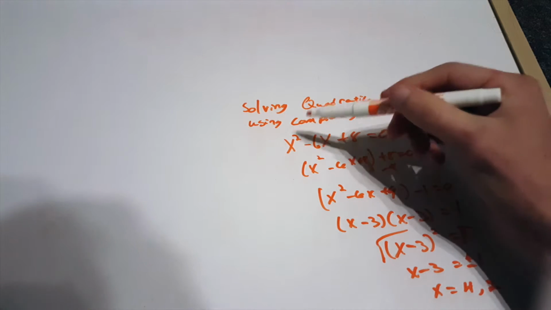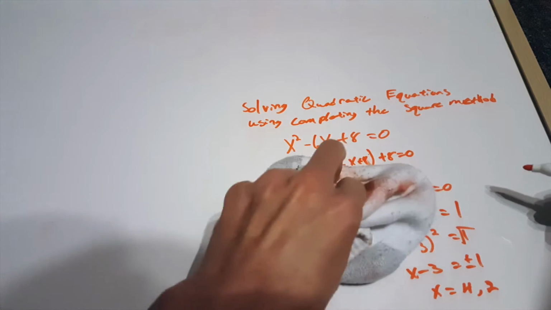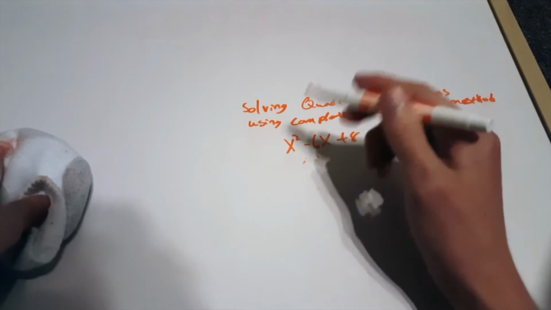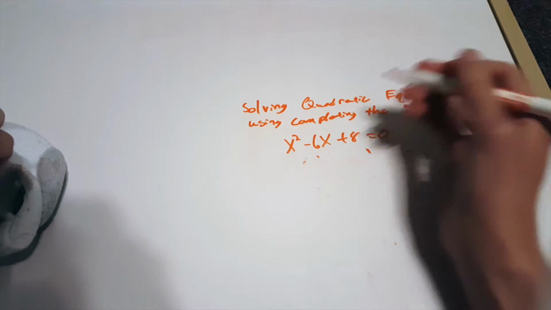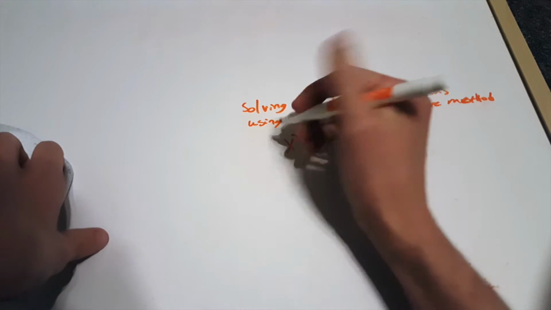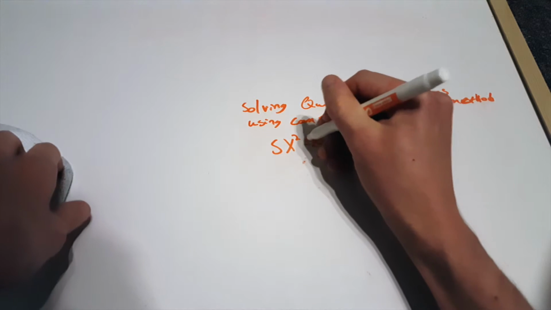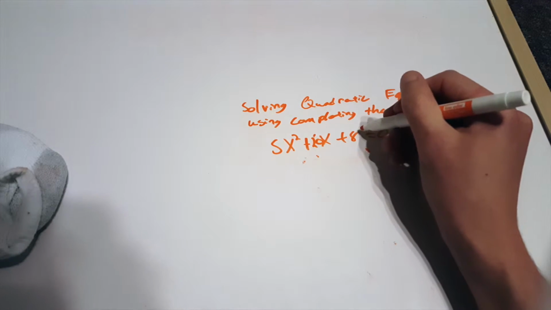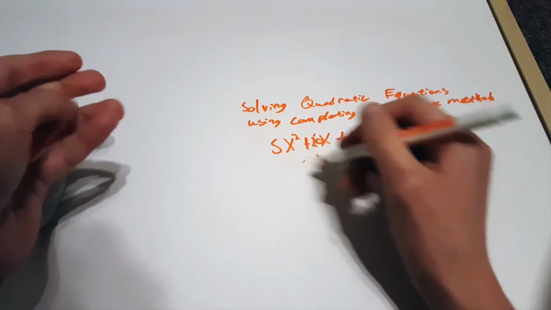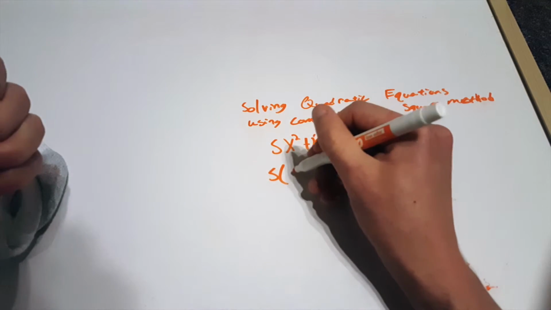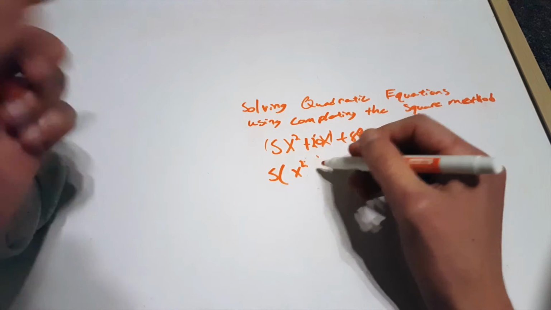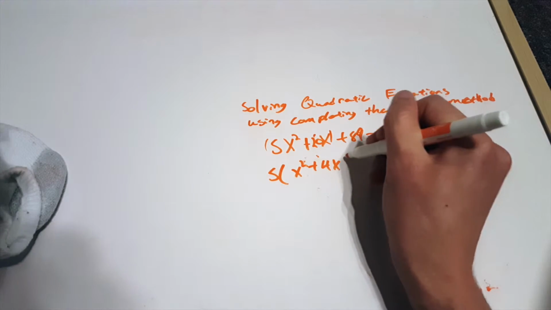Now, if the coefficient in front of the x squared term is not 1, so let's make these much uglier. We'll say it's 5, 20, make it positive, and then 89. Sounds good. So first we have to get the coefficient to equal 1, so we'll just take the 5 out. So we get x squared, since we took 5 out of these first two terms, we're left with plus 4x